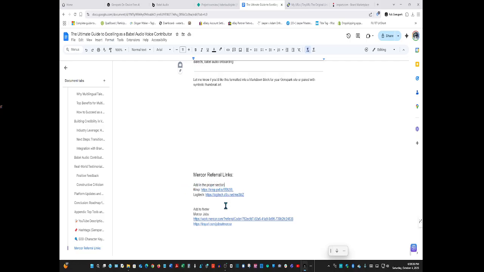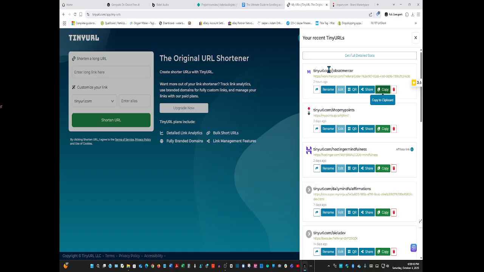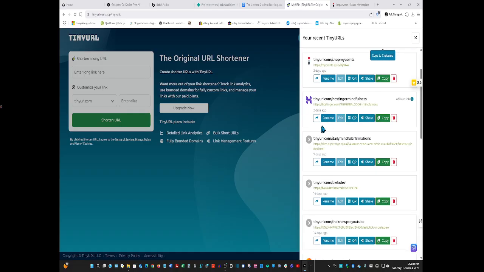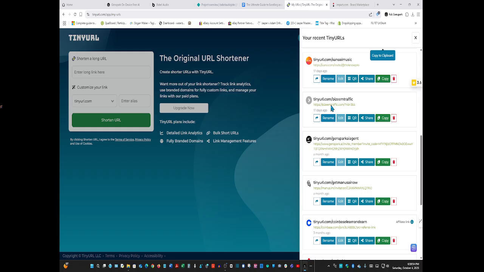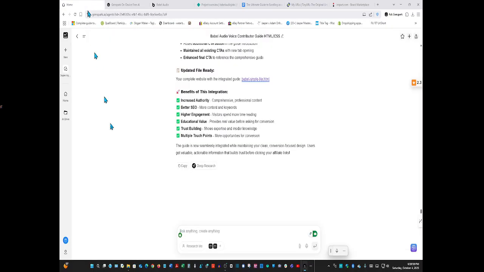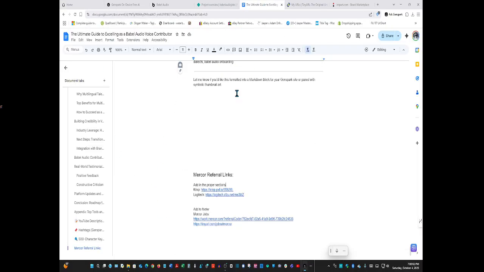Okay, let's see. Proper sections. There was one more. It was an A one. We'll just put these two in now. No, go for it. Do I have it here? No, I don't. Oh, and let's see. Don't forget to stick this in. Dang it, I keep going way back over there. Add to footer.